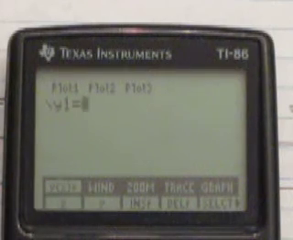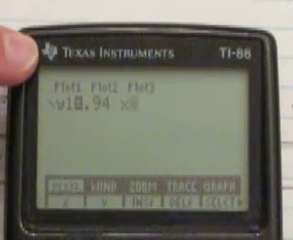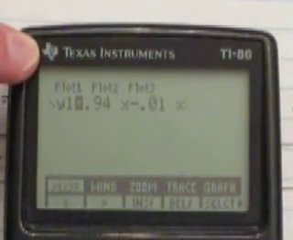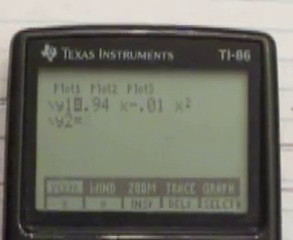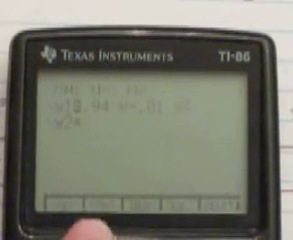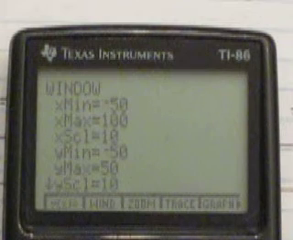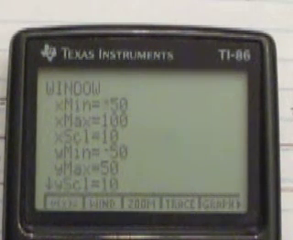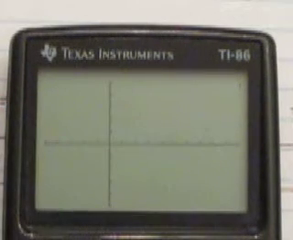Let me just type it in again. 0.94x minus 0.01x squared. Okay. You have to play around with the window a bit. I've used a window, x going from -50 to 100, y going from -50 to 50, and that just comes from playing around with it. And then I hit graph,